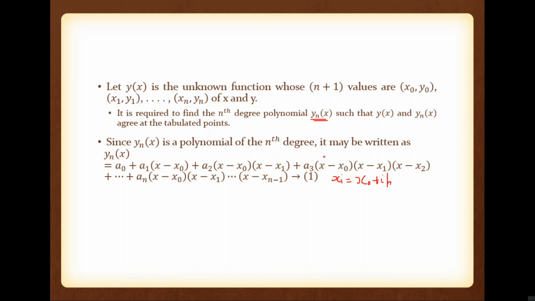It has the first three terms, x minus x0, x minus x1, x minus x2, where x is a variable and x0 is the data, meaning constant. So this one is the third degree term. And a3 is the coefficient of the third degree term, etc. an is the coefficient of the nth degree term. Why is it the nth degree term? You can see that each bracket is a first degree term and we have the product of n first degree terms, meaning we have an nth degree term. If you multiply all this, we have the nth degree term.